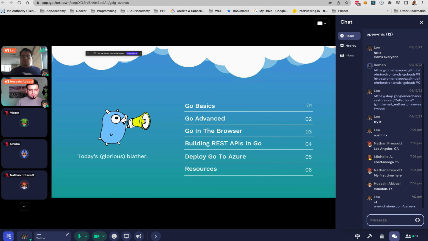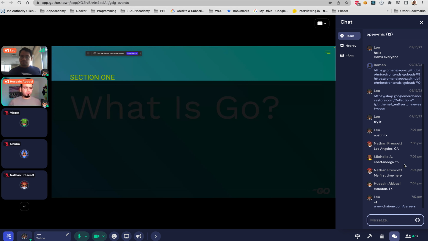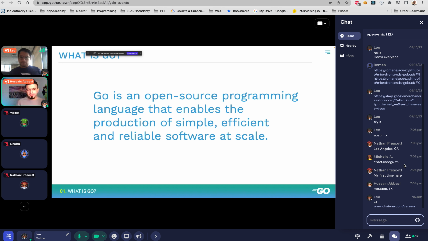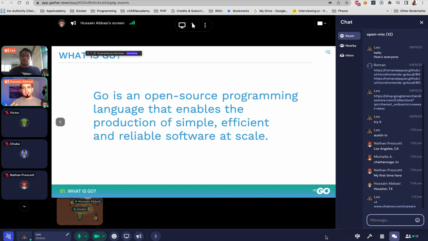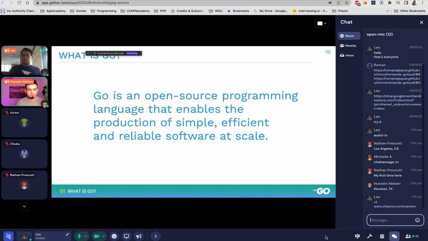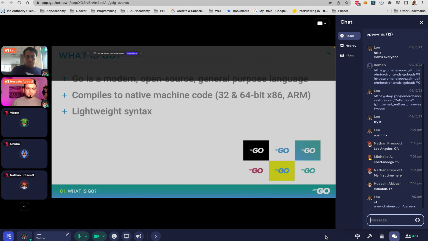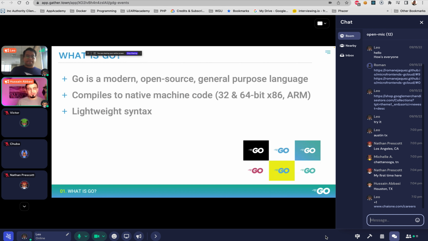Okay, so what is Go? Go is an open source programming language that enables you to build simple, clean, and lightweight production apps using the simple syntax that comes with Go. It's a very lightweight language, as we'll see in a second. How does it work?